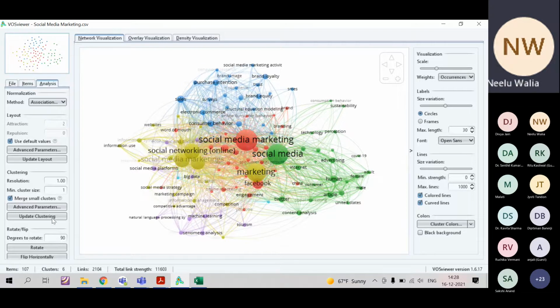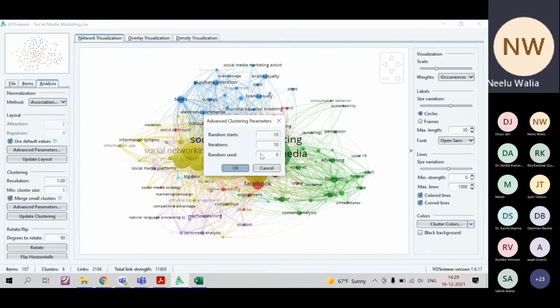Here also you can go for updating the cluster. The color and strength you want, you can change with this. Here it is just a visualization change, the size and the boldness or highlight. This is just decoration. I just want to show you that how many clusters and how many iterations you want, you can enter manually here.